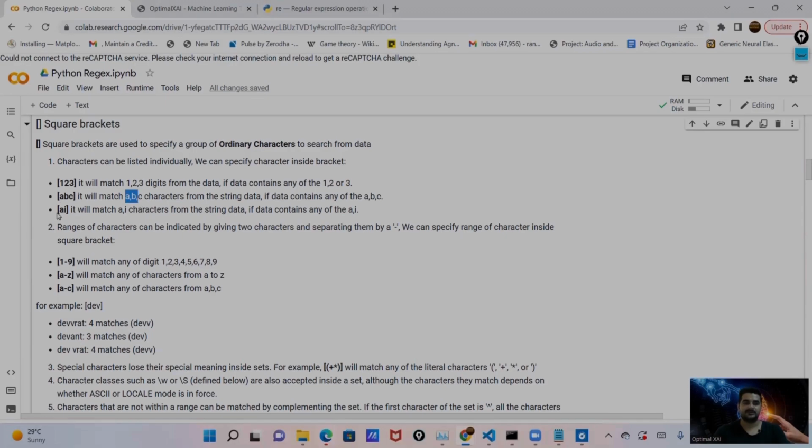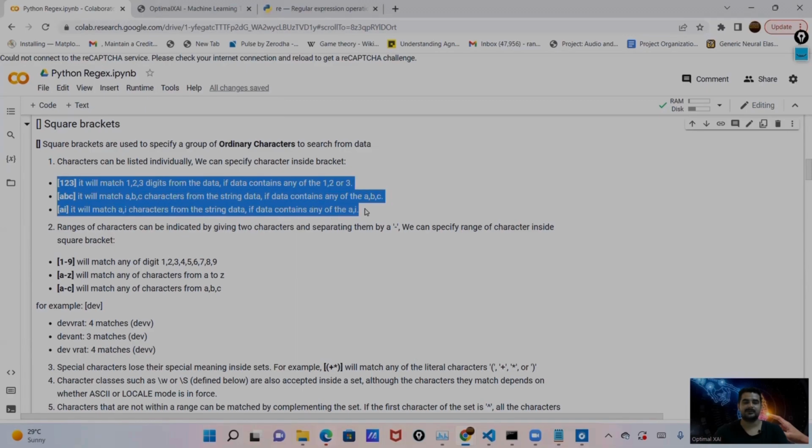matched. Then I have AI in the bracket. You can see here this is the square bracket, and inside the square bracket, AI. It basically matches the A and I characters, and it returns the values if A or I, any character, is matched. So this is a very simple example of how we can create patterns with the help of simple